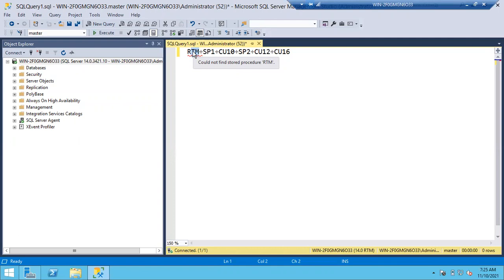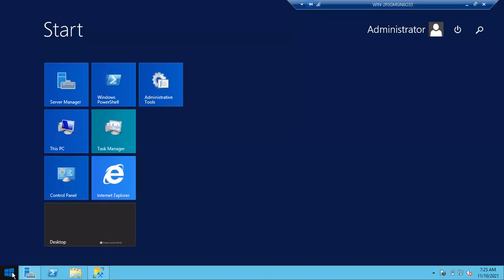Okay, guys, removing patches is also removing updates, whether service packs or cumulative updates. Removing updates also needs downtime. You have to take proper approval as the server is going to reboot multiple times. Before and after removing the updates, we are going to restart the Windows server. So it's a downtime activity.